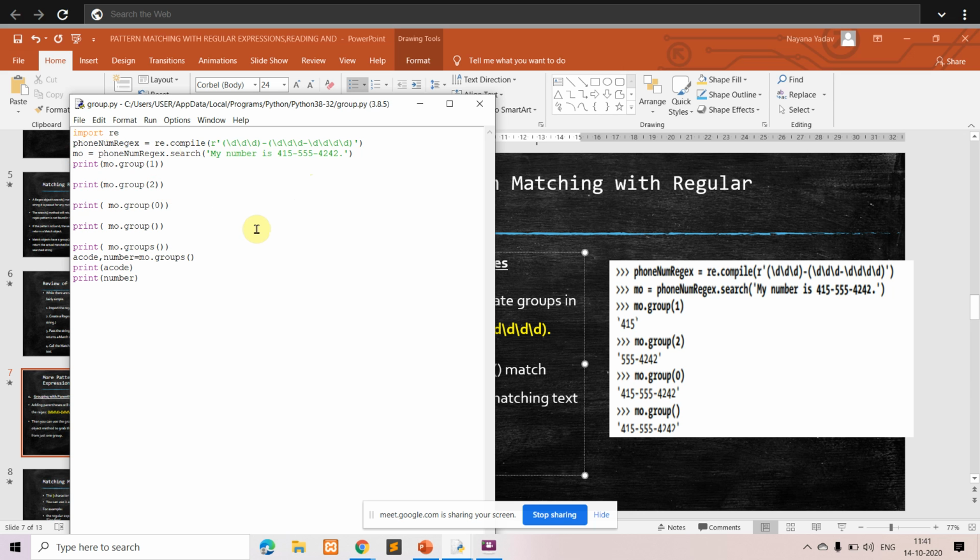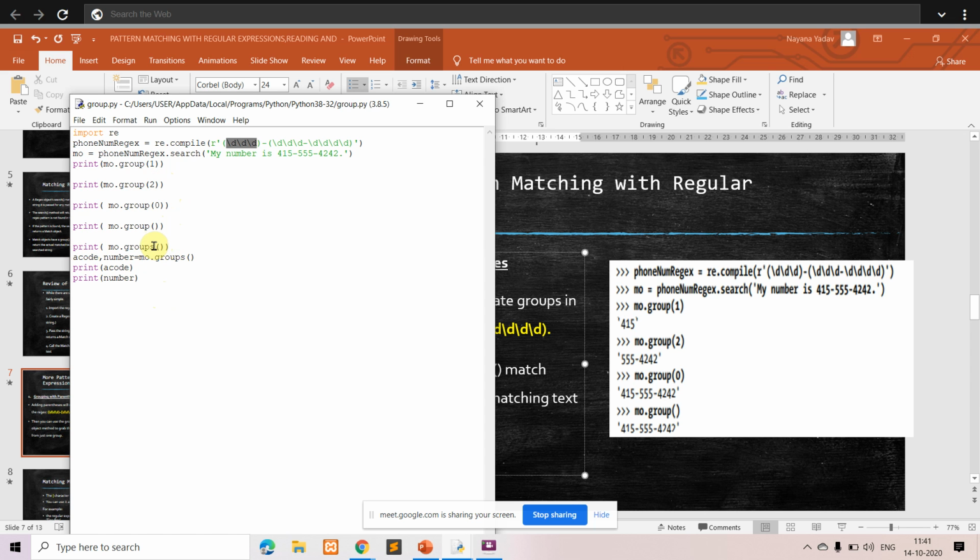Here you have a program. So what did we say? If you want to group, then you can write it inside the parenthesis. So here you can see area code is one group. So you can represent it as group 1. Similarly, the phone number, that is nothing but your group 2. And the next part you have group 0. So when you have given group 0, it represents the entire string. If you're not given anything, in this particular case you have simply given mo dot group, in that case also the entire string will be taken. Okay, so these are the different combinations what you can use with group. Other than that, you can see here one more, you have groups.